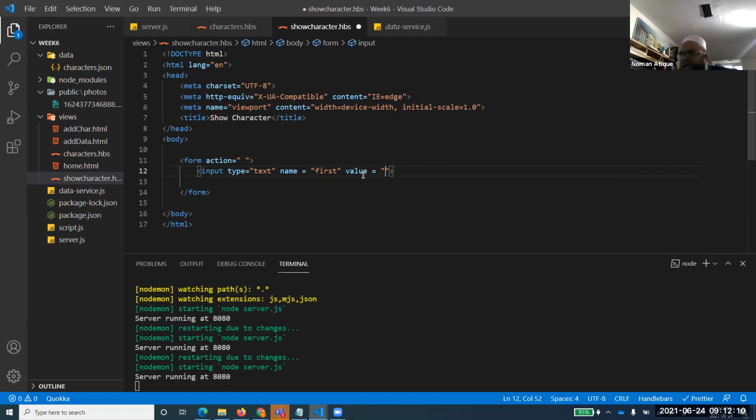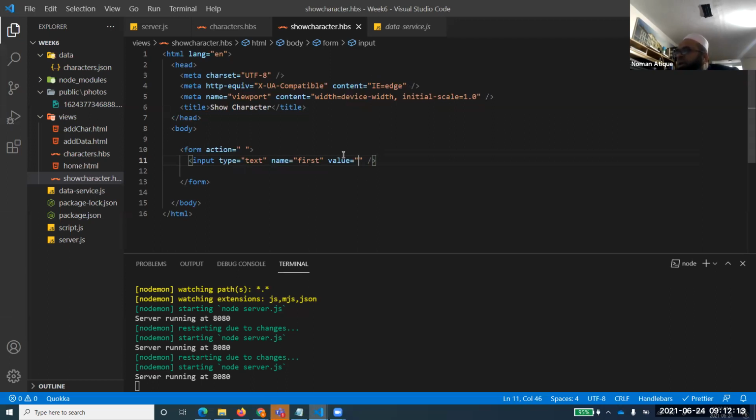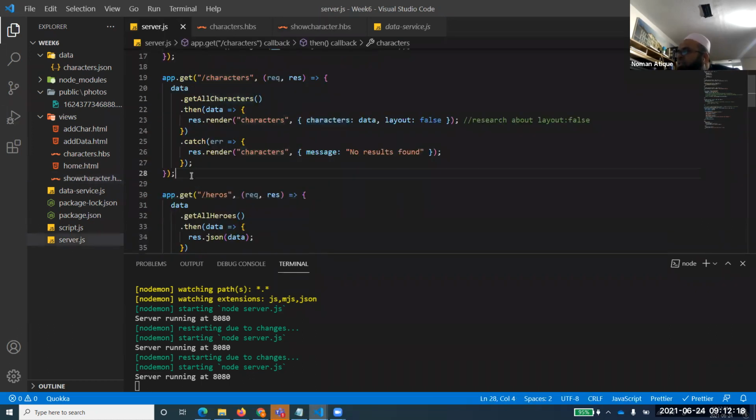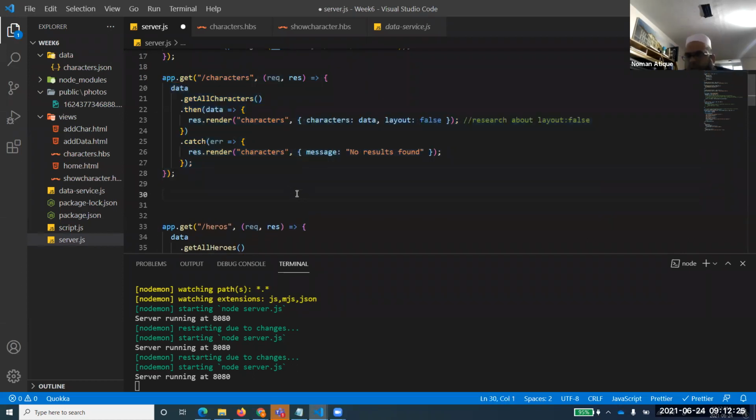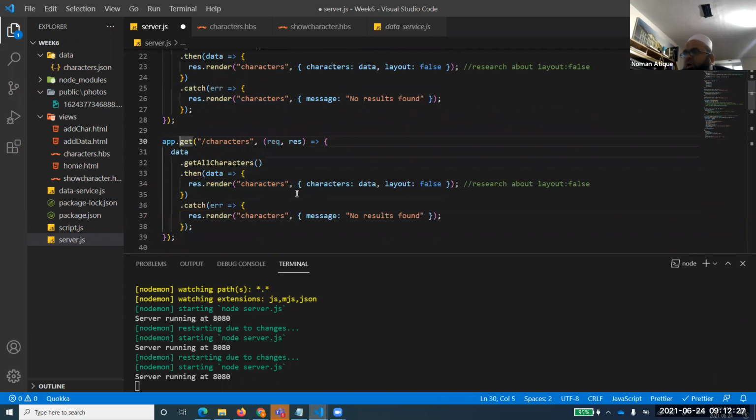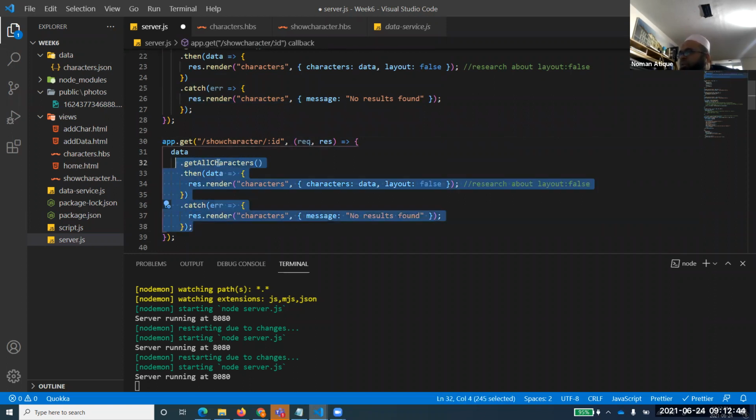And if I need the data here, I'm just saving this because I don't have it. Do you think I will have to create this show character path as well over here? Of course, because there is no show character path here. Right? So I'll just copy this one, I'll come here, paste. So what path do I want to make? I want to make show character, not character only, rather with ID. Is that clear? Now, interestingly, this won't work at first because we are not getting all characters.